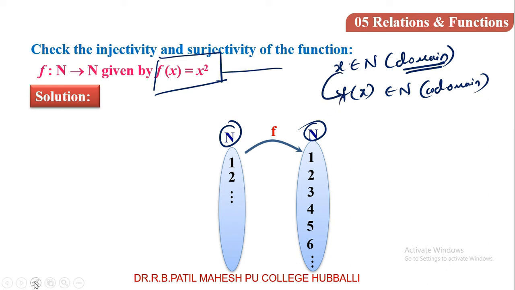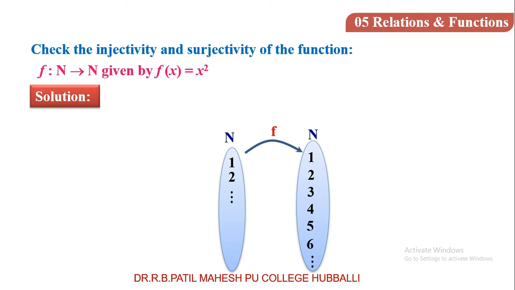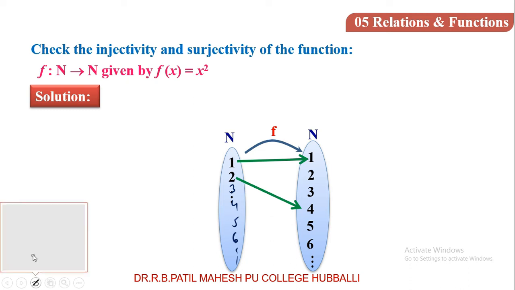After understanding this much, let me start taking the value of x equal to 1 in place of x. 1 square is 1, so 1 is related to 1. If you take 2, 2 square means 4, so 2 is related to 4. 3 square, 3 is related to 9. It will continue like this. It means that 1, 2, 3, 4, 5, all elements will be related and they will have the same image. Therefore, this function is a one-one function.